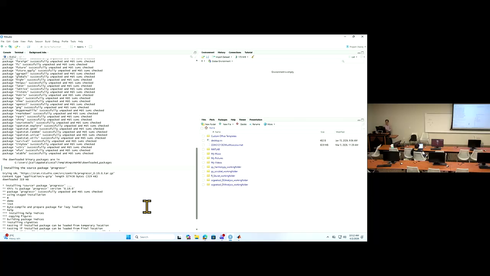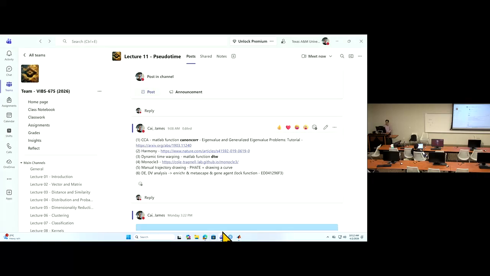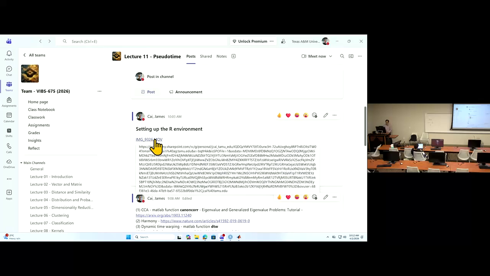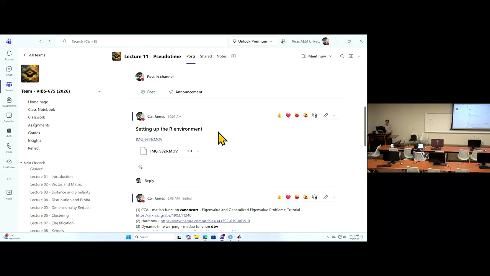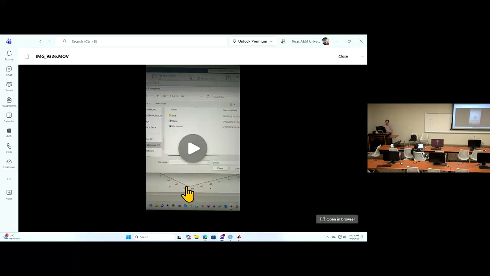We need to set this up. If you don't know how to set up the link between this interface and R, there's a video I just took to show you the button you click and how you find your R script. So if I play this,